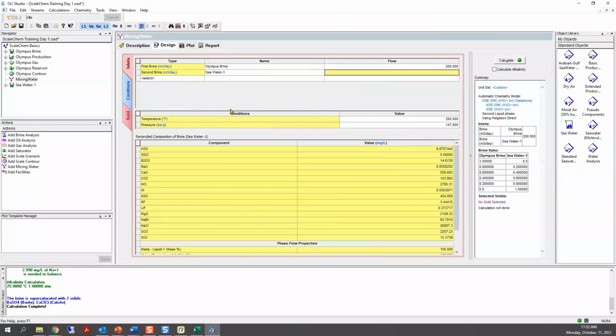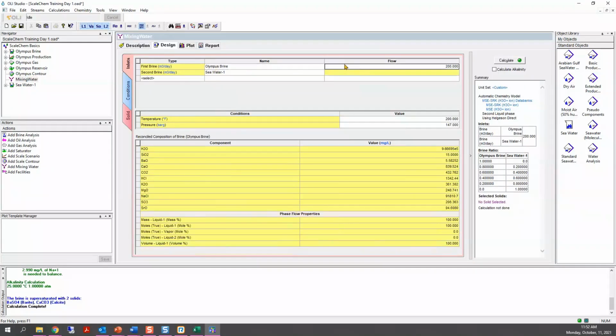Now, I want you to notice something about this mixing tool, and that is that in here, the only flow that we can define is for the first brine, and really it is the total volume. So even if it looks like it is only for the first brine, this 200 cubic meters per day is for the mixture.